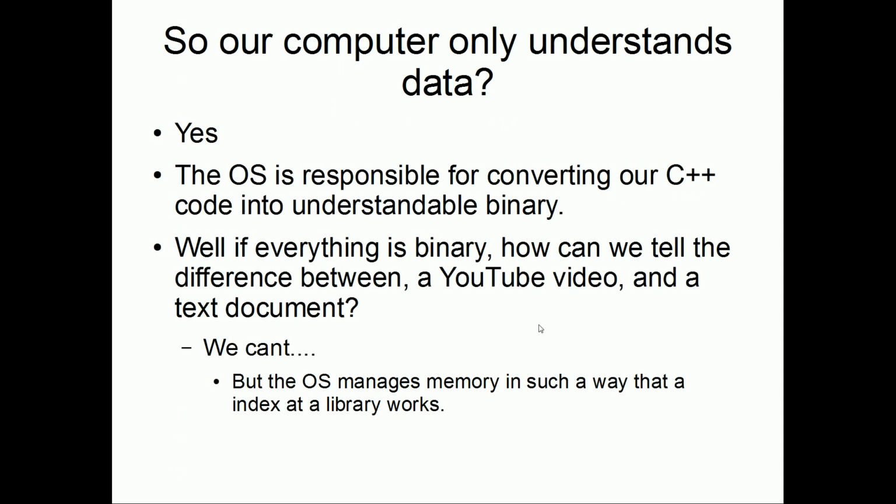So it works. So our computer only understands data. Of course it does. It's only 1s and 0s. So how can our C++ code end up being 1s and 0s? Well, we compile or build our C++ code as .exe if you're on Windows. And basically that is executable, which you could call a program, essentially. So the operating system is actually responsible for converting the data we compiled into actual understandable binary that the processor